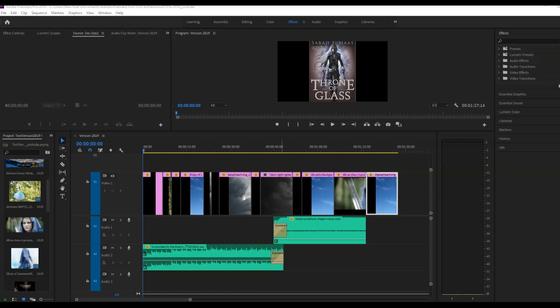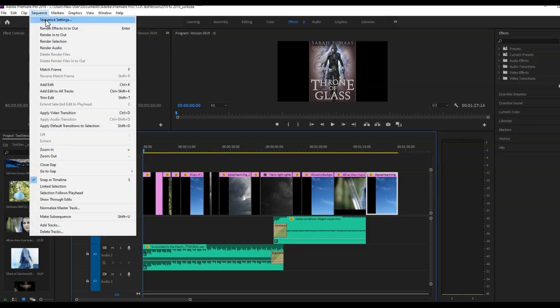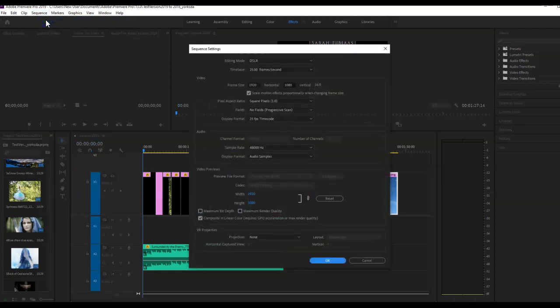Before you export your book trailer to YouTube, I need all of you to check your sequence settings. Some of you, when you uploaded your pictures, the pictures that you put in were not 1920 by 1080. And so if you go to Sequence at the very top and then click on Sequence Settings, this screen